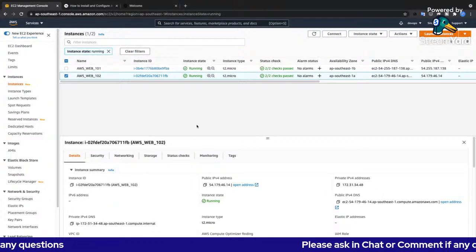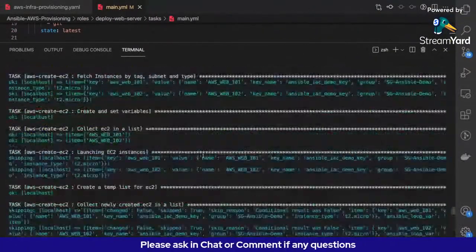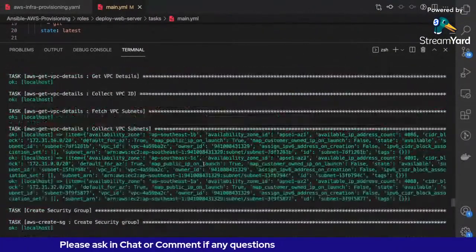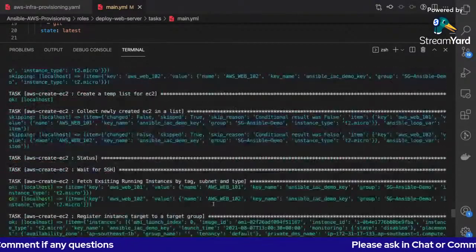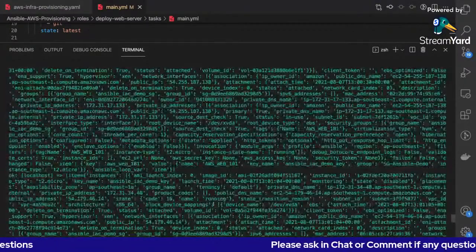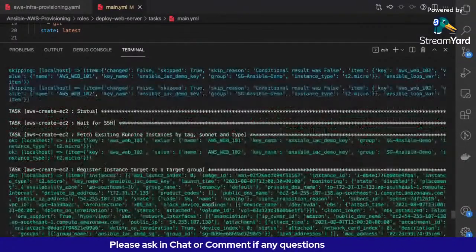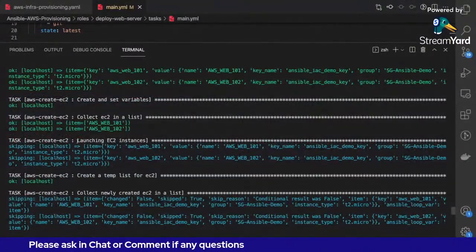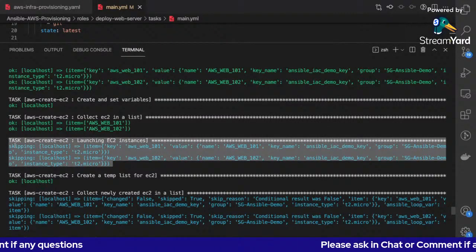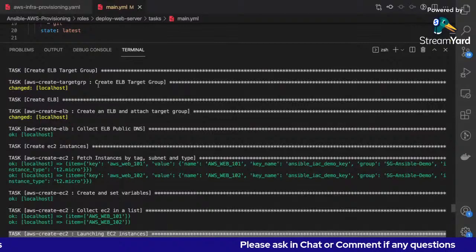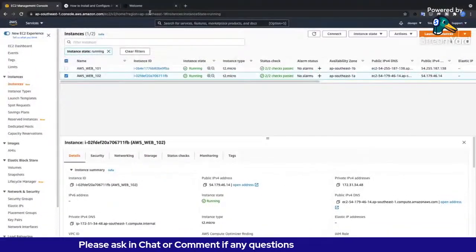Okay. So it's executing again. It's already done, because most of the items are already done. It won't do anything. So if you try creating the EC2 instance, let's see. Okay, launching EC2 instances. You can see it's skipping because it's already there. And ELB target, it says changed, but nothing will change. If you go and check the website here,